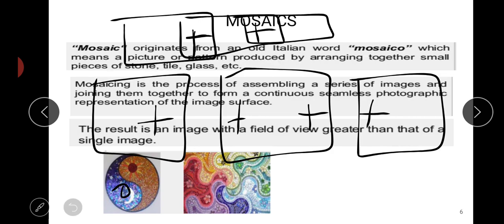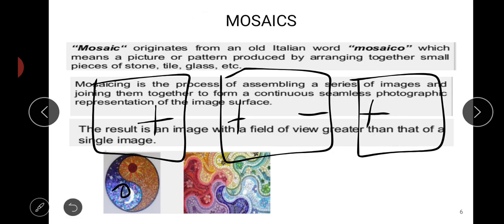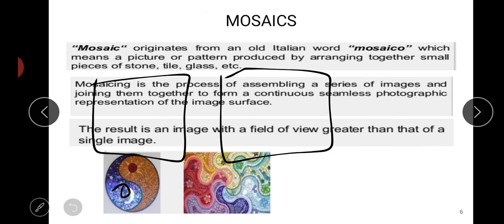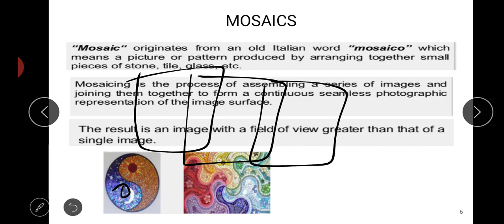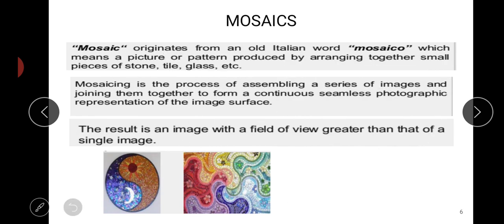That is called mosaicing. The result is an image with a fixed field of view greater than that of a single image. A single image covers a smaller place, so when we join a number of photos, we get a map of a larger size. That is called mosaicing.